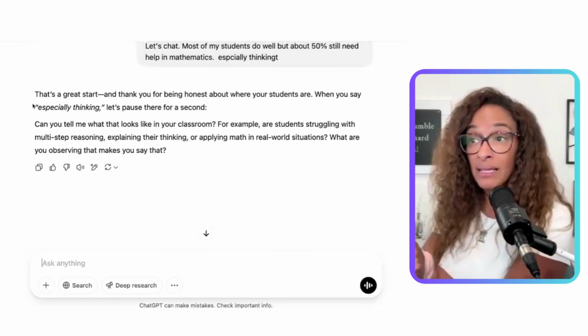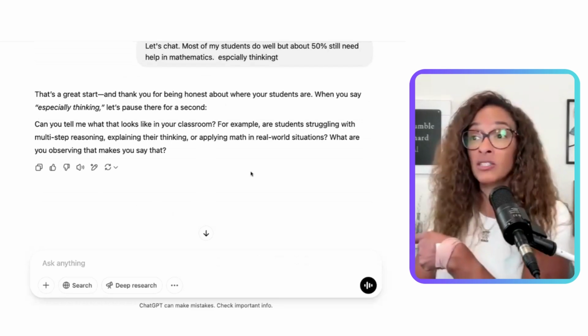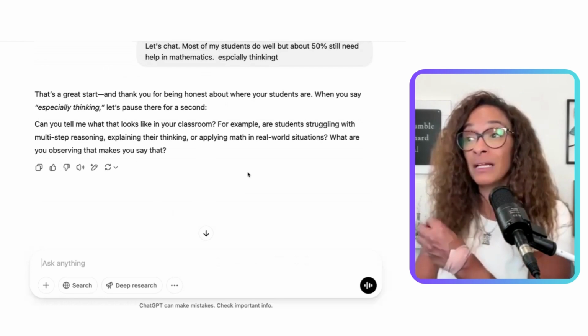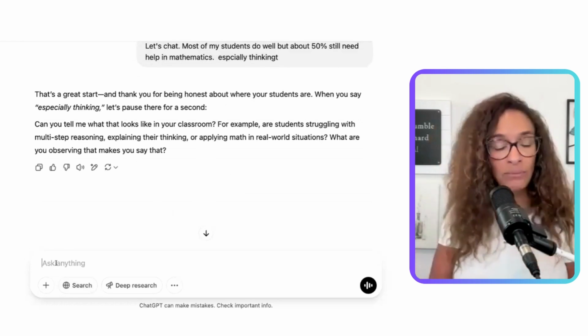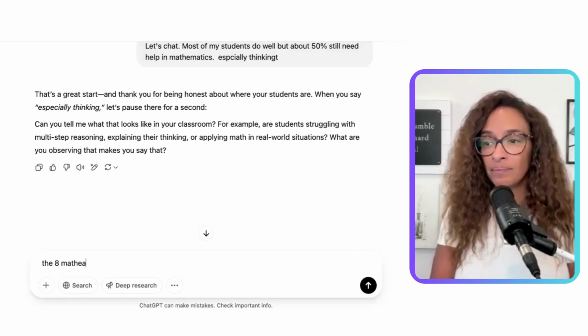So let's see. That's a great start. And thank you for being honest about where your students are. When you say especially thinking, let's pause there for a second. Can you tell me what that looks like in your classroom? I'm just going to tell it the 8 mathematical